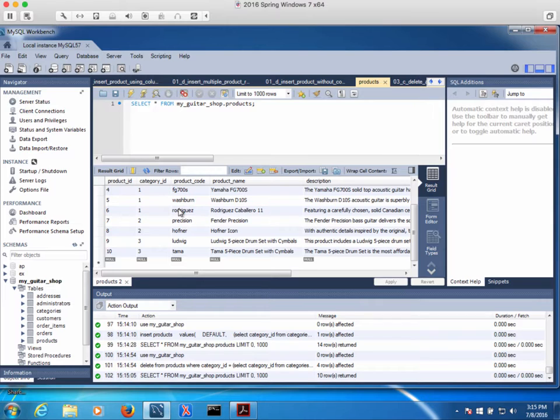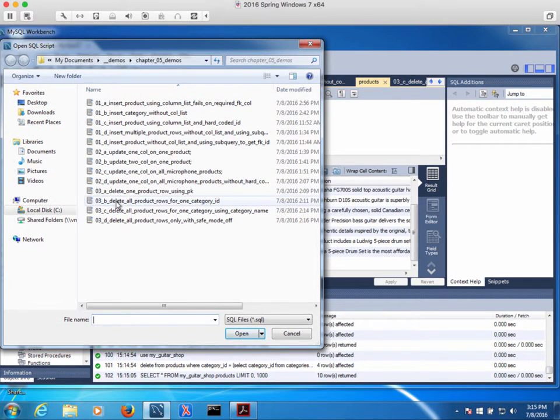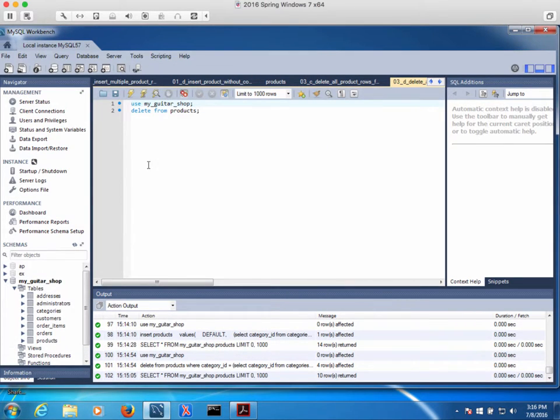Worked great. Now there are some things that it doesn't want to do in safe mode. It doesn't want to delete a lot of rows at one time if you haven't given it a very tight expression. So for instance, if we try to delete all the product rows, we just say delete from products,